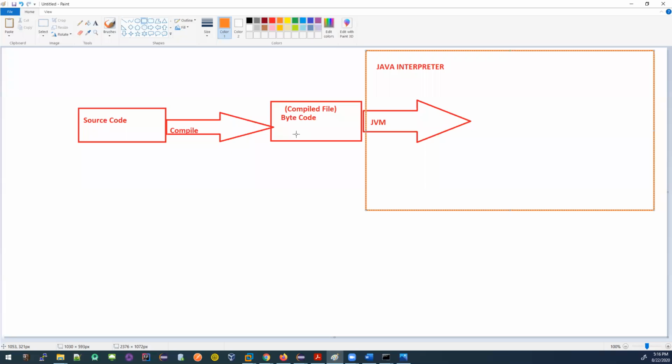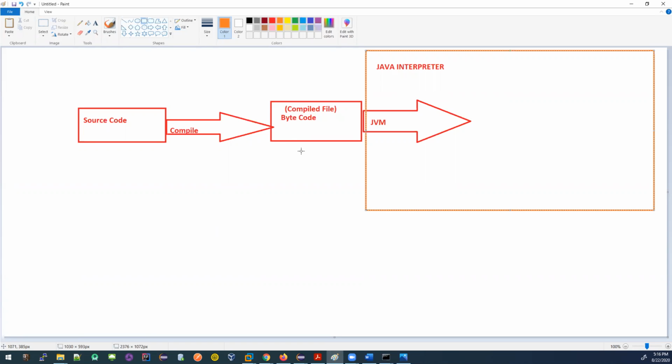You have a Mac, right? Yes. So the JVM that you have for Mac is different from the one that I have for my Windows system. But your JVM can understand this bytecode which is generated in my Windows system, and you will be able to execute it. All right. Make sense? Yes, sir.